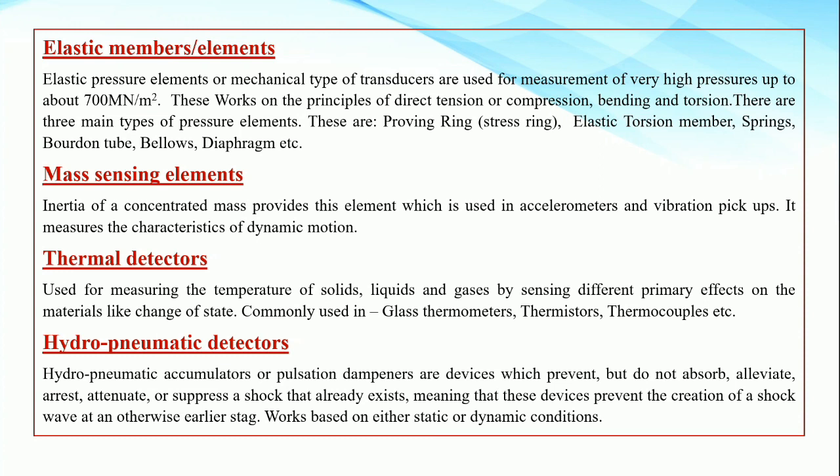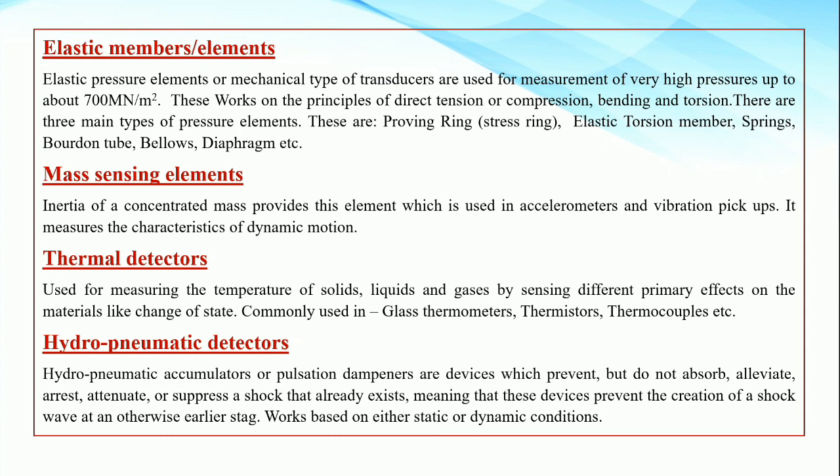The last one is the hydropneumatic sensor, which is applied to either static or dynamic conditions. In a static condition, a simple float is an example, which converts the fluid level into displacement. It makes no allowance for change in the density of the supporting liquid. Then the hydrometer senses the specific gravity and converts it into displacement. It uses the immersion depth as a means for detecting variation.